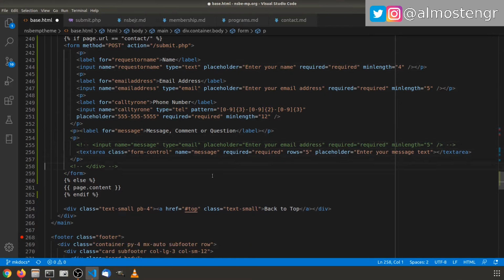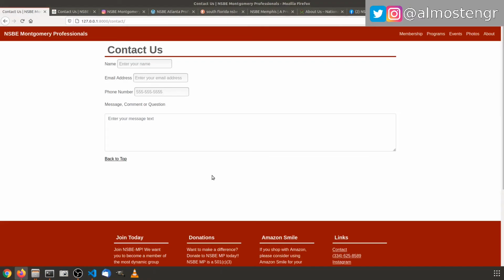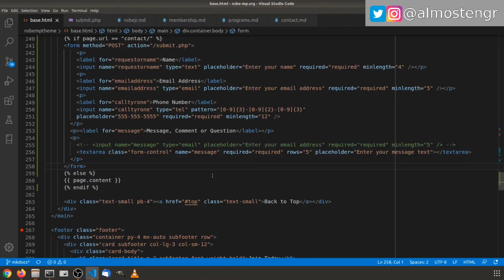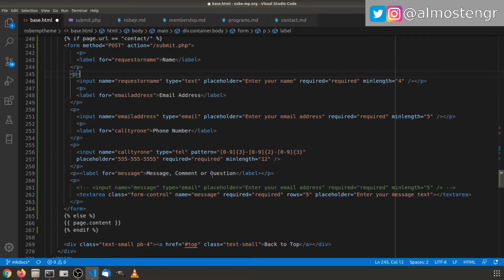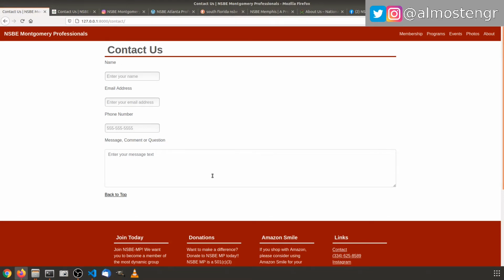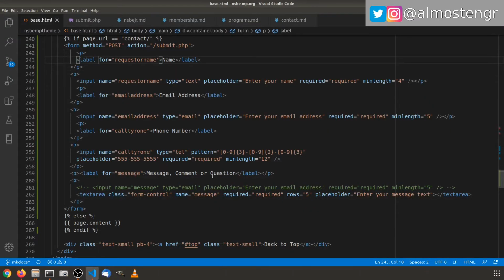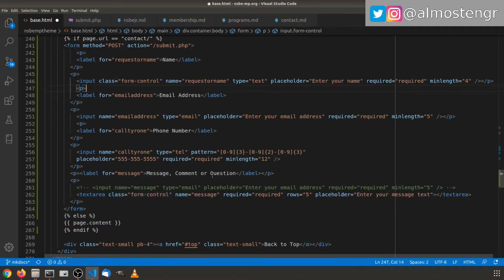So dot, there. All right, save. So now, the next part is to, actually, I didn't do that for the labels like I should have. So we'll come back here and drop that in behind each of the labels. And then we'll save and then come back and put the label, the class of form-control on each of the labels. Copy,